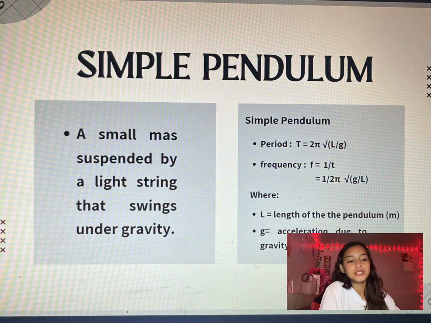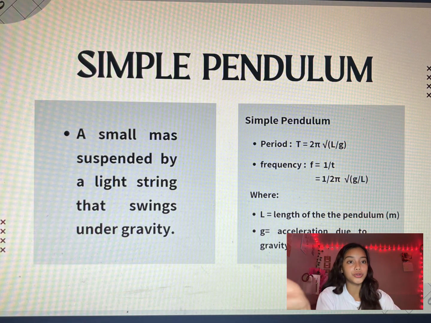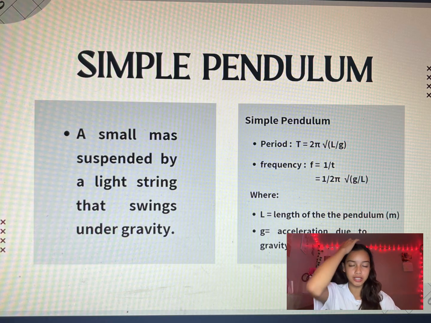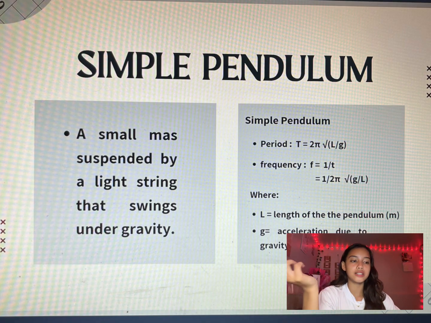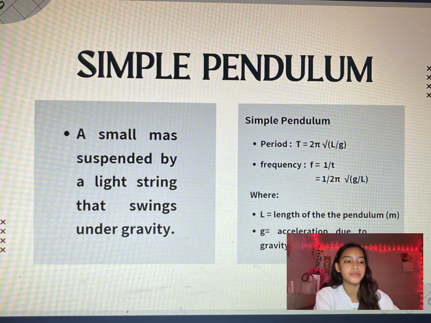A simple pendulum is a small mass, called a bob, suspended by a light string that swings back and forth under the influence of gravity. Its motion is periodic, meaning it repeats in equal intervals of time. The time it takes to complete one full swing is called the period T, or time, given by the formula